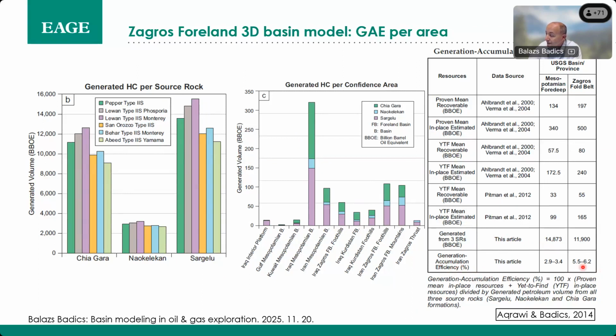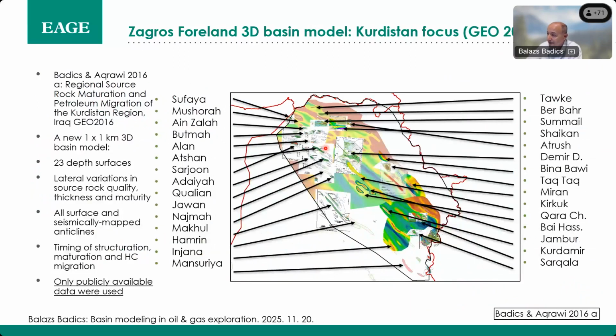So what is the efficiency? And you can see that in some kind of foreland basins, it's about 3 to 6%. And it's very similar to what Jean-Jacques Biteau published globally in his very good First Break article around 2012 or 10, I think. So again, just quickly, we repeated this work in Kurdistan for the 2016 Geo conference, where what